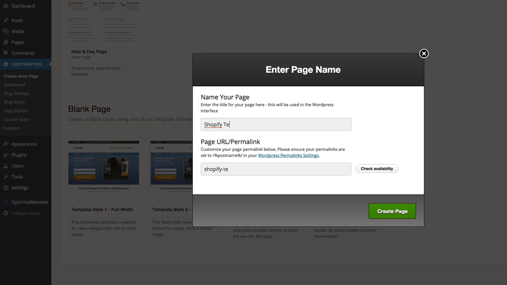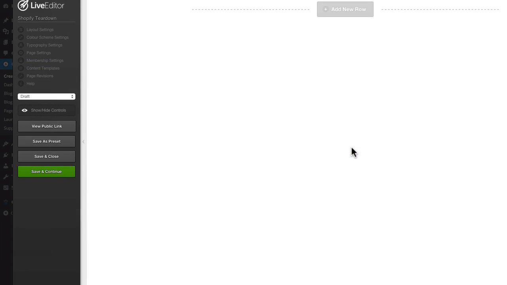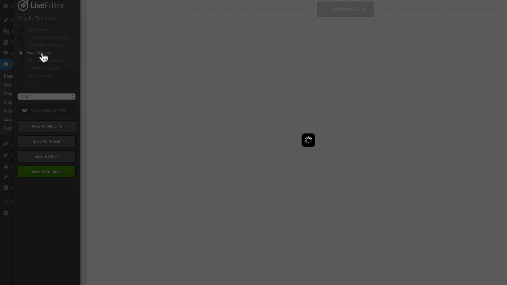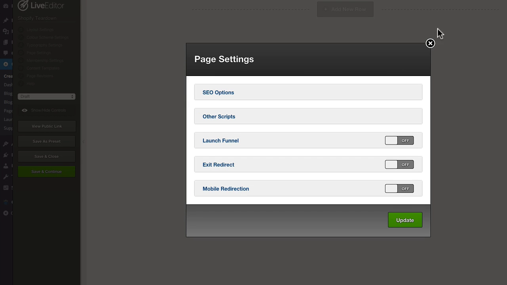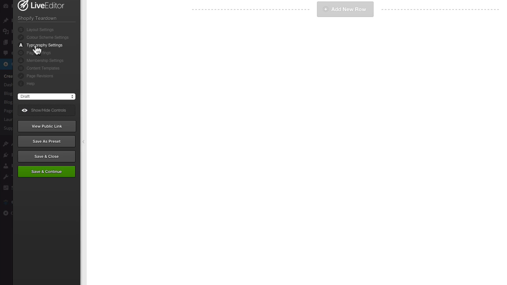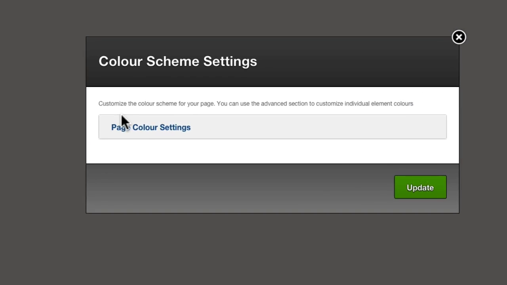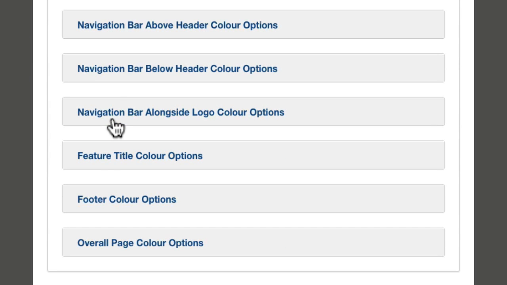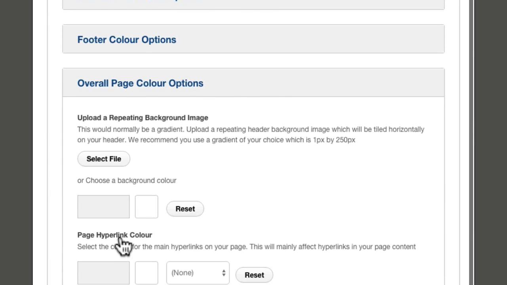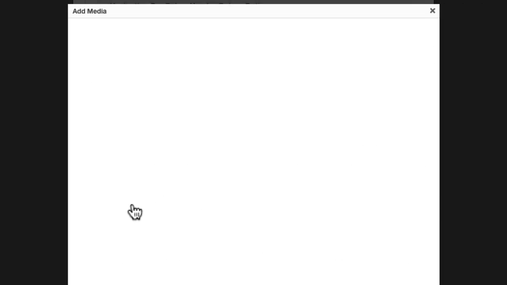I'm just going to call this Shopify teardown, just so you haven't got to watch me create things like typography. So if there are parts of it that fast forward, that's why. Okay, so Shopify teardown, press enter there. And the first thing I'm going to do is go into page settings, color scheme settings. And I'm going to put in my overall background image. So I'm going down to overall page color options, select file,